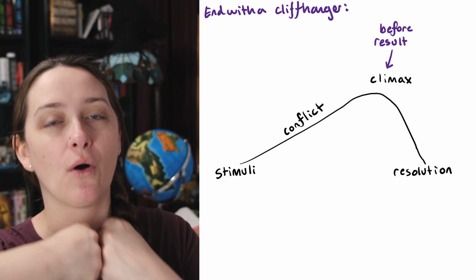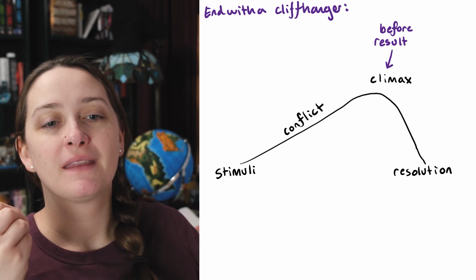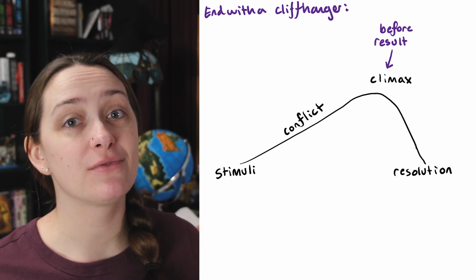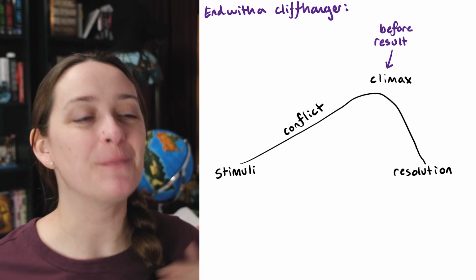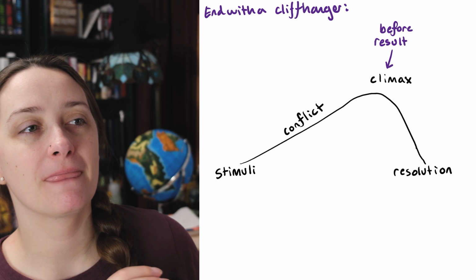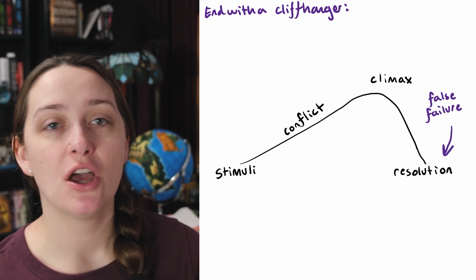Or this could be the main character finally has revealed that they love this other character, right? They've had their whole monologue through their argument, and they reveal their love. End chapter, we don't know how they respond, right? Do they love them back? Are they going to be like, oh my gosh, I hate you, right? We don't know.